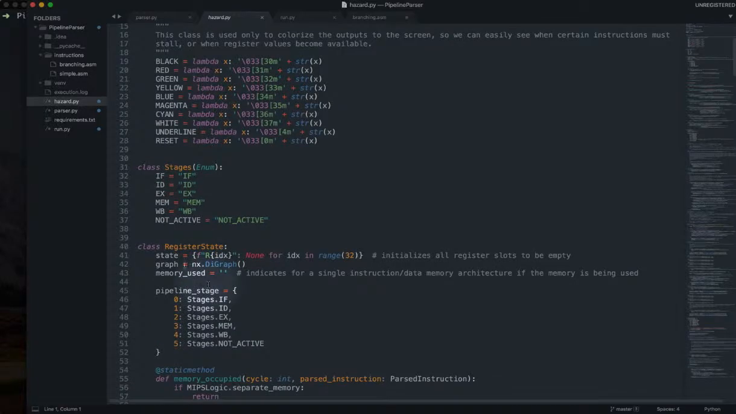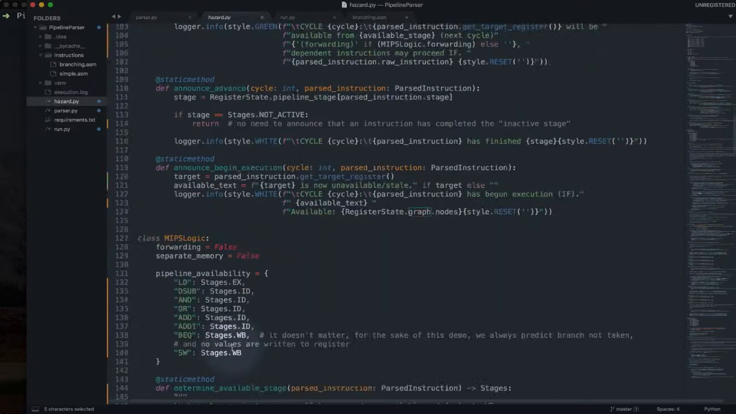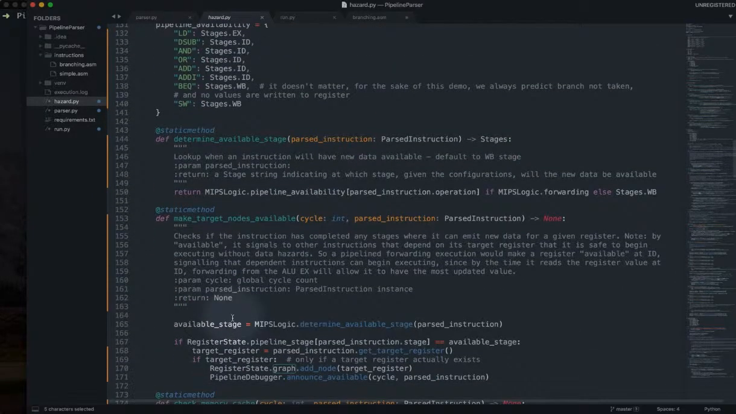Hazard.py maintains state in this class right here. It has a graph node. Each node in the graph is a register that is available. And available here has a special definition. Available doesn't mean the data has actually been computed and ready yet. It actually means that any instructions that depend on that register can begin to proceed without danger of a data